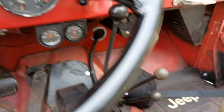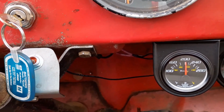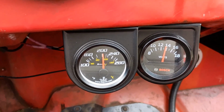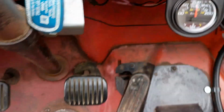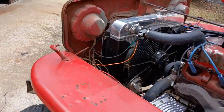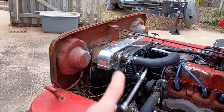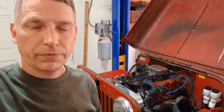Fan just kicked on at an indicated, yeah, probably like a 205. Oops. So, hey, it kicks on, and it didn't puke over before it came on, so, alright, that's better. Alright, that's the finished product,